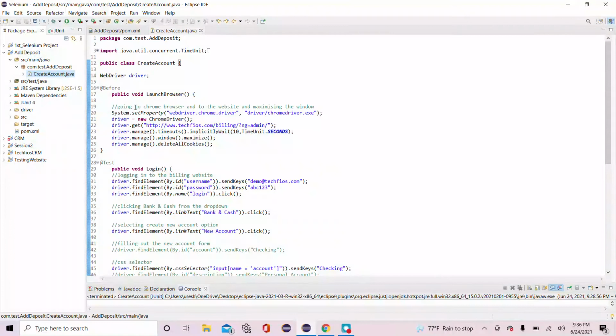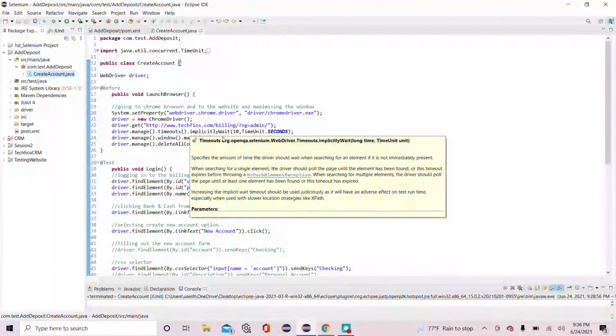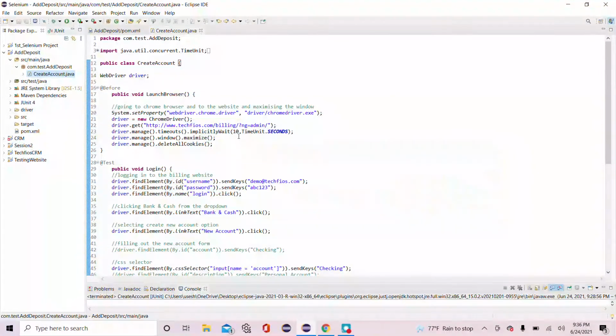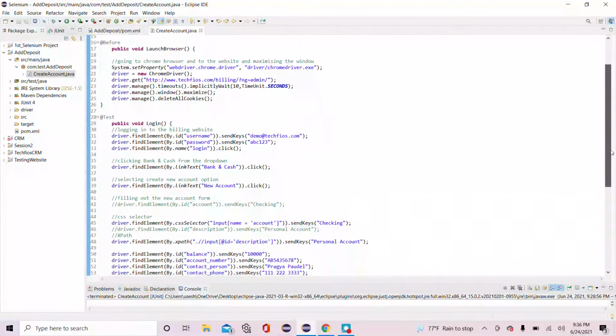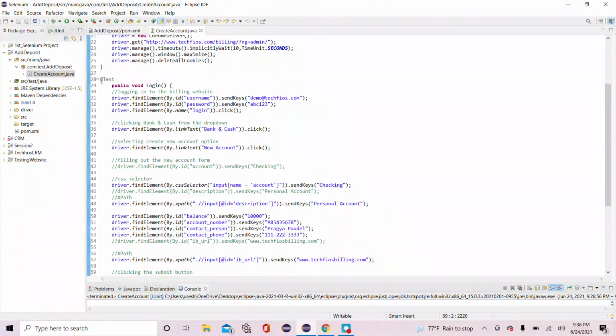This will launch the browser and take us to the Tech Files billing website, and then manage timeouts. Implicitly wait will make sure it waits for 10 seconds in case there is any delay or something like that when we are actually running the test. And window maximize will maximize the window for us, and delete all cookies, so we are all good to go. And the actual test is running right here in the test section,